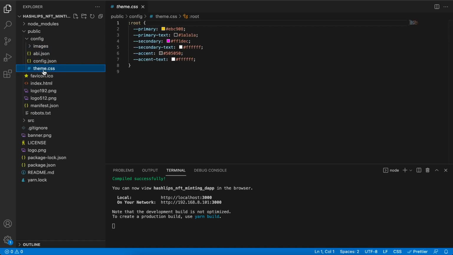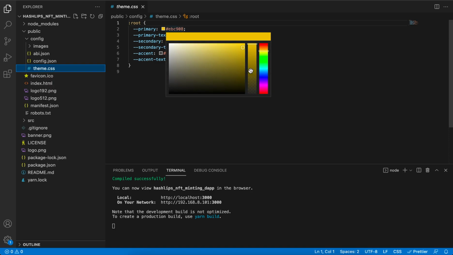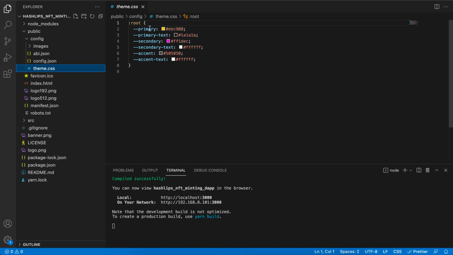So in the theme.file.css, I've made it so that you can choose your colors. Now you'll notice that there's a primary, secondary, and accent color. The primary color is the color that's most visible on the screen, but also it has a primary text. For a good design, always choose a contrasting color for your primary text or your secondary text or your accent